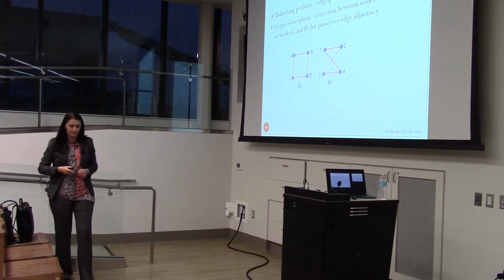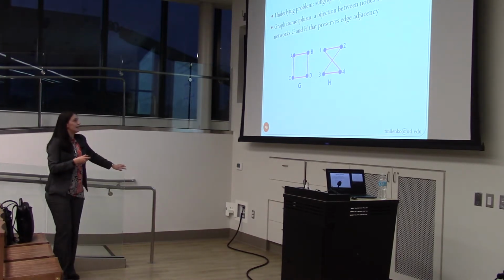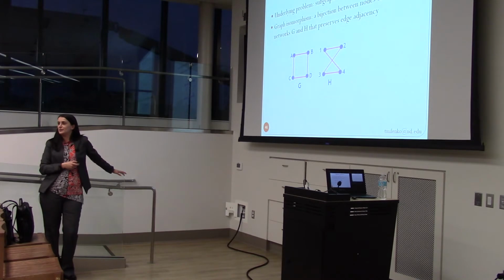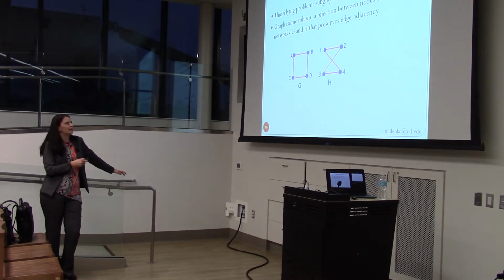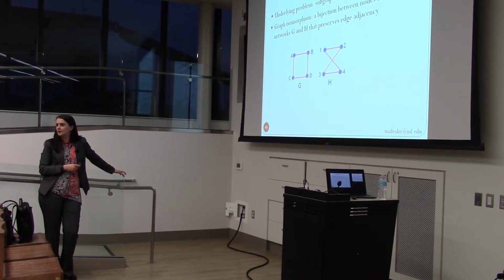Here's the mathematical problem. Network alignment has subgraph isomorphism as a special subproblem. And don't worry about the subgraph part, just think of a graph. Graph isomorphism is nothing but: given two graphs of exact same size, same number of nodes, same number of edges, can you map their nodes so you conserve all edges?